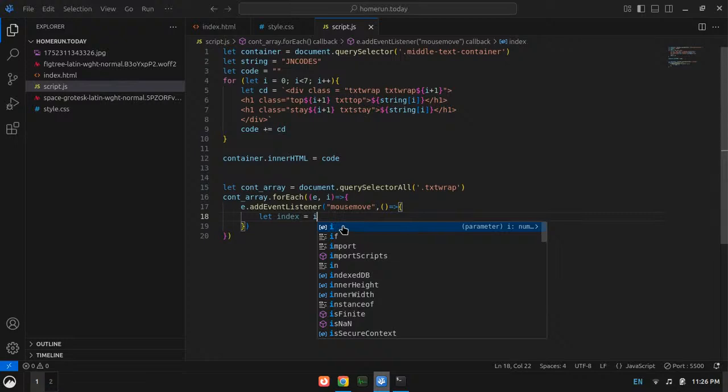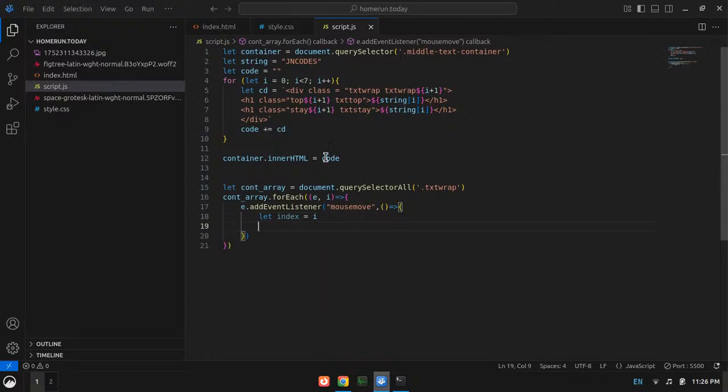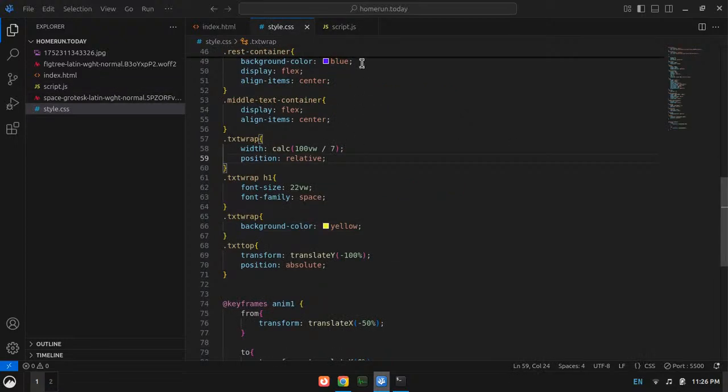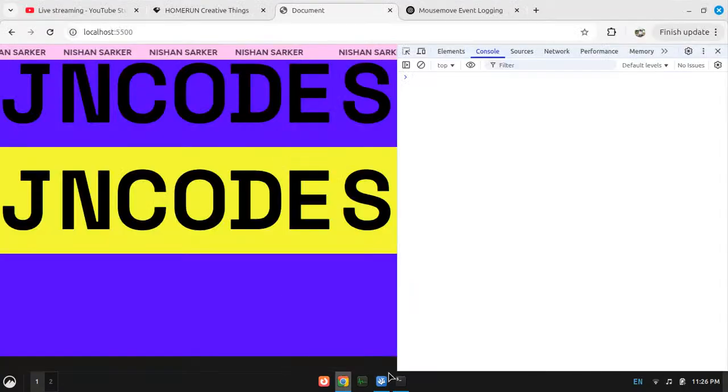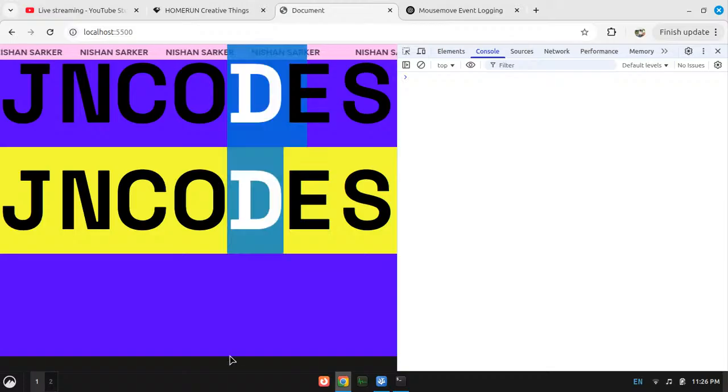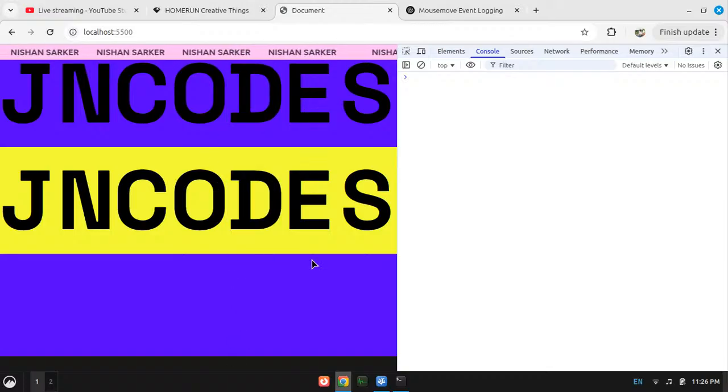Okay, now what I can do is, I can go to that top and that stay, right? And what I need to do is move the stay down and move the top down as well.